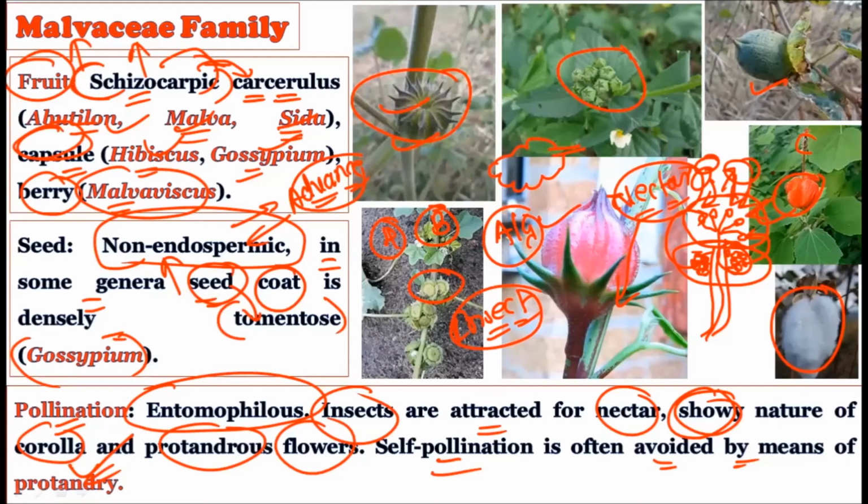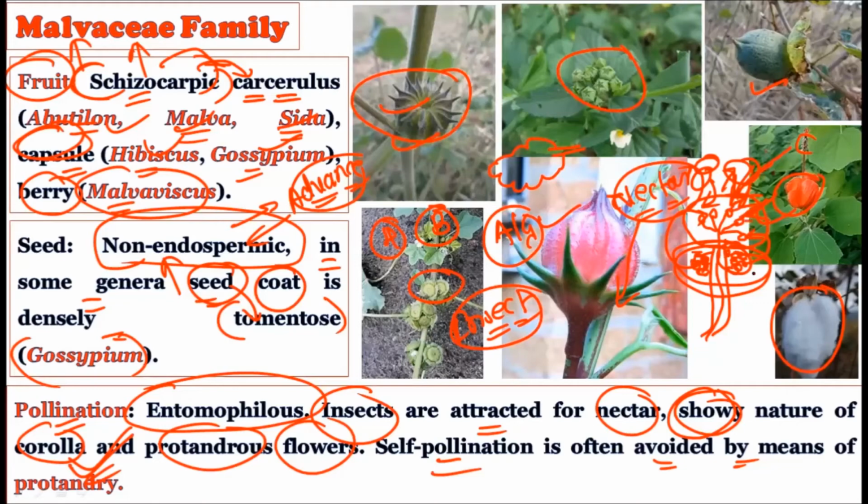But here is a different kind of arrangement. Here is protogyny, in which the anthers are present below the stigma, and hence there are very few chances that pollen grain from the same anther will land on the same stigma located on the same flower. In this way self pollination is avoided. Although the flowers are bisexual, they still want to avoid self pollination. They will prefer cross pollination. They will prefer pollen grain from another plant, and pollen grain from other Hibiscus species can pollinate these particular stigmas.